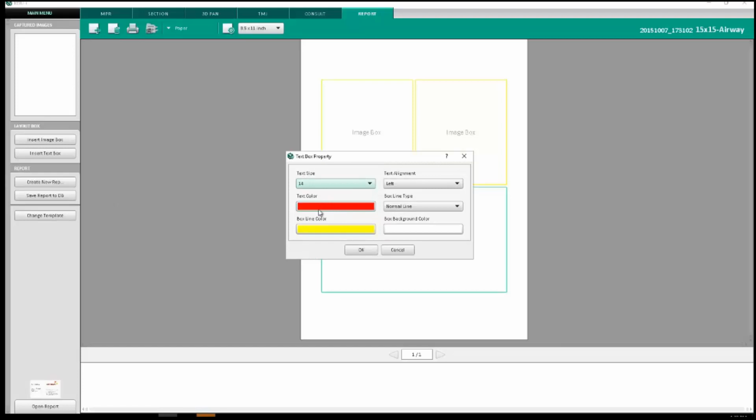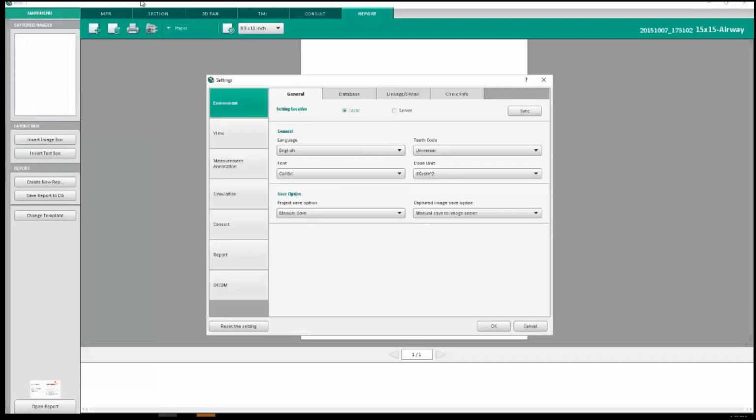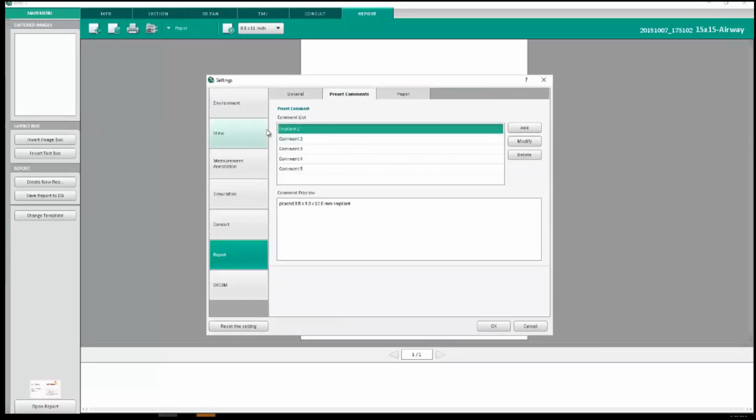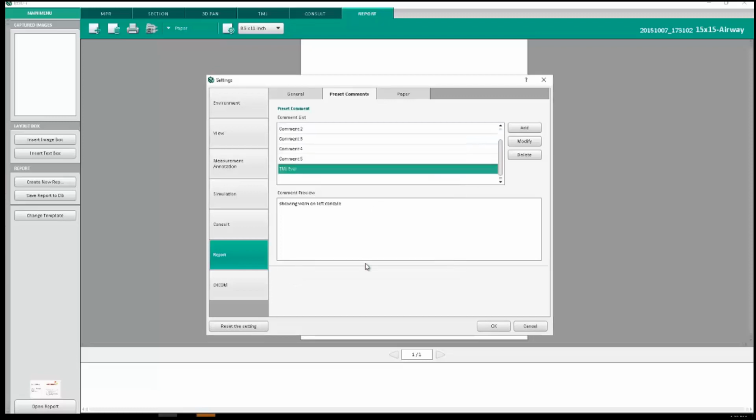We can also right click on the fly to change our font size, font color, background color, and boundary color here as well. Going back over to our settings here again, going down to report, moving over to the preset commands is where we can basically set up commands that will then allow us to essentially create a narrative report where we can add a title, specify the text that we want to add then on a recurring basis when doing our reports, selecting OK to save that comment,